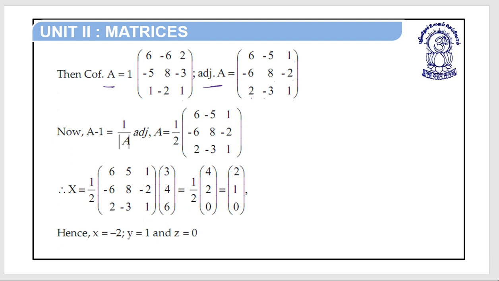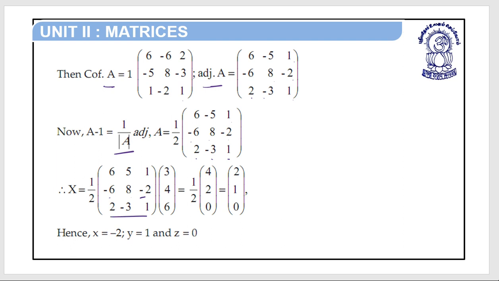So A inverse is equal to 1 upon mod A times adjoint of A, which is 1 by 2, 6 minus 5 1, minus 6 8 minus 2 2 minus 3 1. So X is equal to 1 by 2, 6 5 1 minus 6 8 minus 2 2 minus 3 1